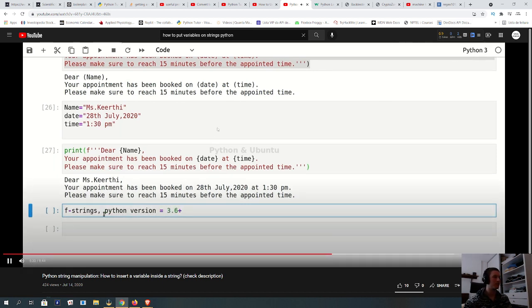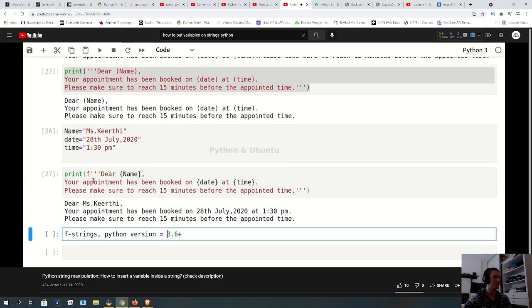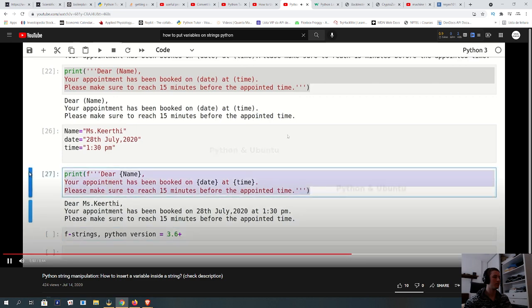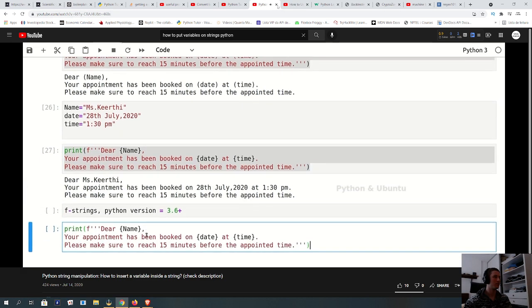Now what if your version is not 3.6 or above? If you're stuck with a version which is below this, you can use the following method. Okay? You use almost the same format. The only difference is that you cannot directly put the name, date or time inside this. You go for the dot format method, and that is exactly the same thing. Let's copy this again. Okay? But inside you